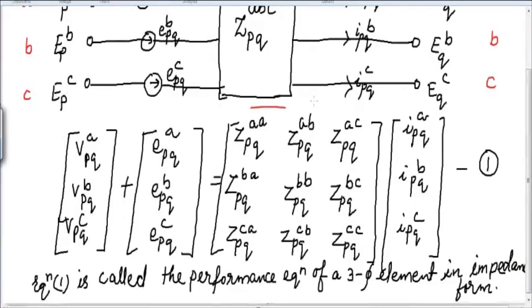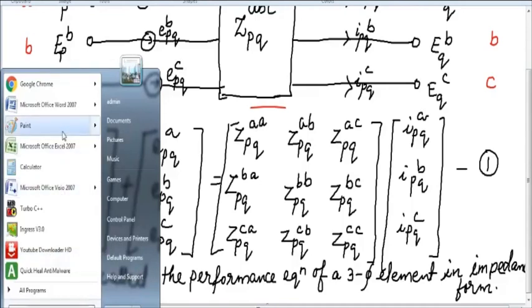Similarly, on the right hand side you can see the current flowing through this particular element between P and Q. We have represented this by IPQA, IPQB, and IPQC. So whenever we are dealing with a three-phase network, we have to remember that the three phases, that is A, B, and C, play a very important role. Now, if I want to write